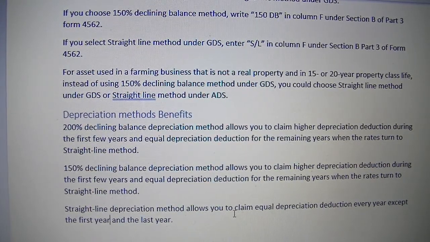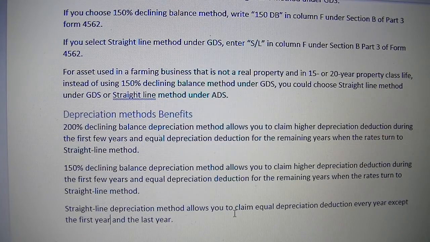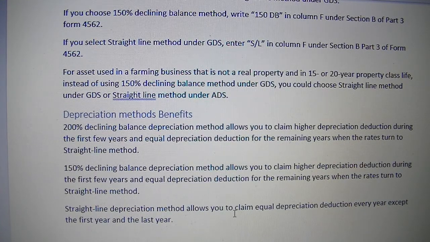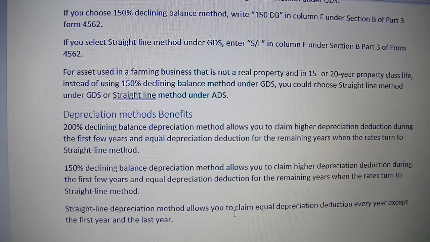That's a good depreciation method to use as well, as you are now claiming a lot of costs, a lot of deductions to decrease your revenue. So you want to show profits in your business, and so it could be a benefit as well to use the straight line. But if you have a lot of profit, you want to decrease your taxable profits,